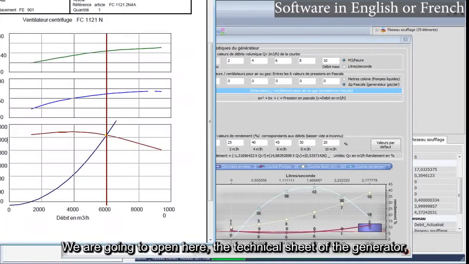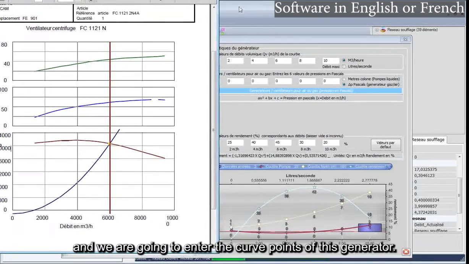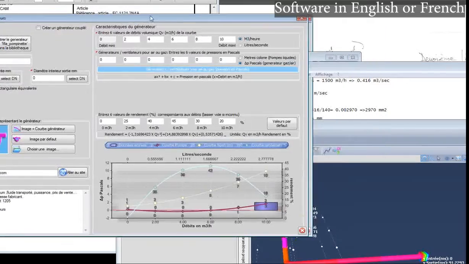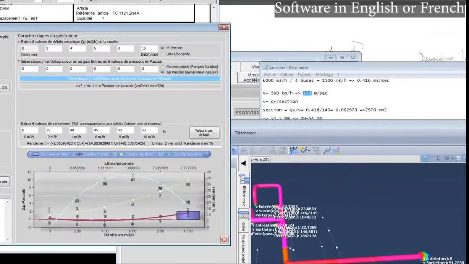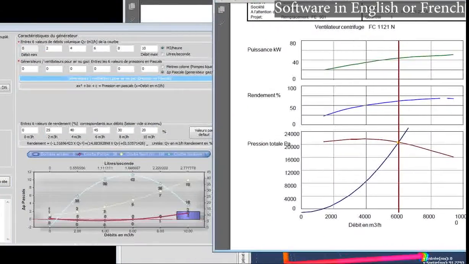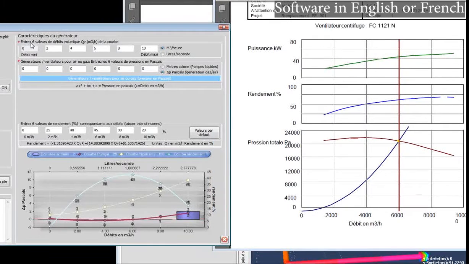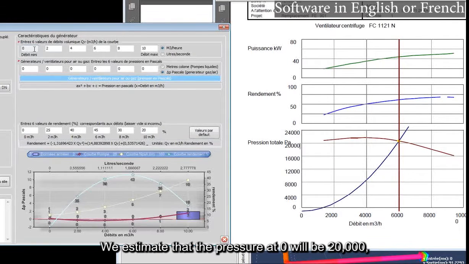We are going to open here the technical sheet of the generator, and we are going to enter the curve points of this generator. We have to provide data from scratch. We estimate that the pressure at 0 will be 20,000.